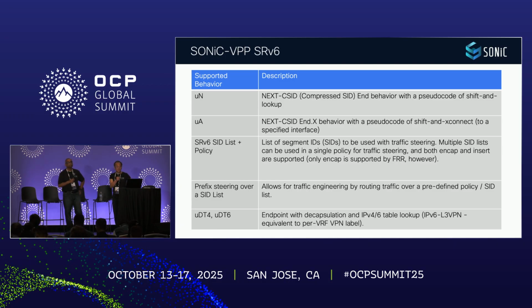Another data plane feature recently introduced is SRv6. It supports uN, uA, SRv6 policy, traffic steering over SRv6 policy, and uDT4 and uDT6. We have evaluated Phoenix Wing as well. We believe SONiC-VPP supports most of the features required in that test plan, and we can run SONiC-VPP in this Phoenix Wing. Just to add another data point here, SRv6 work was already embedded in VPP for a while,